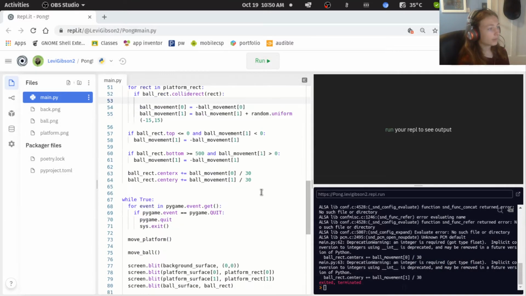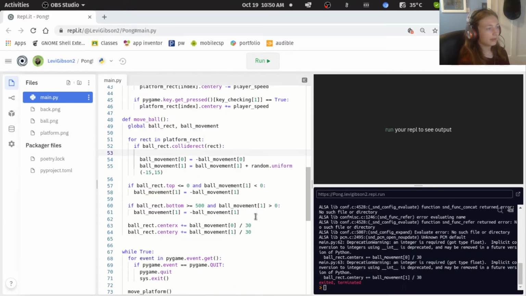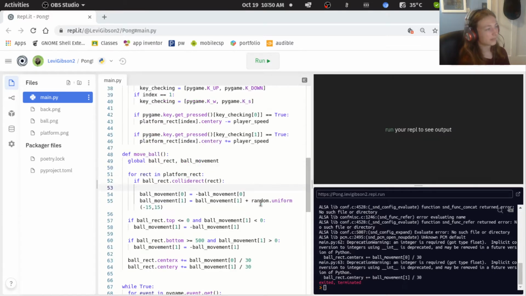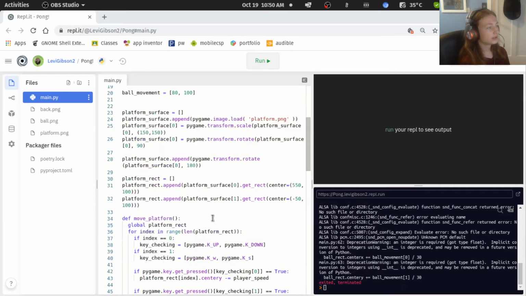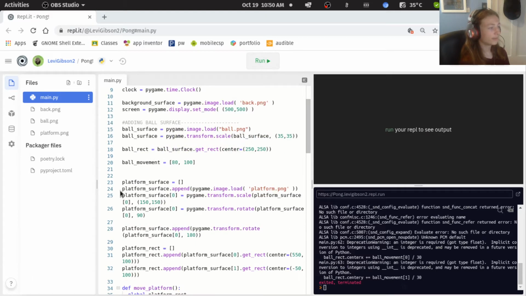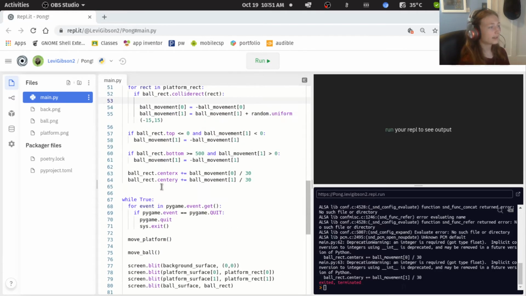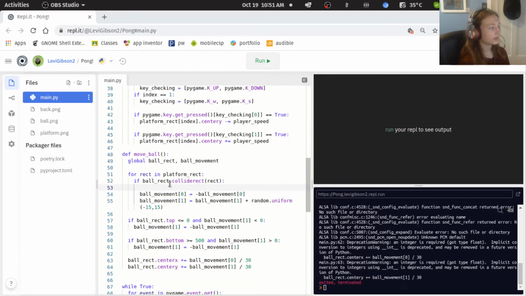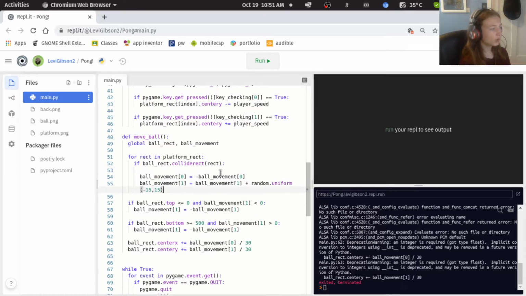So, which platform is which? I can't remember. Let's check up here to see which index is the platform on the left and which index is the platform on the right. Where do we declare platforms? Okay, it looks like index 0 with 1 is on the right. So that's kind of confusing. Where is move ball? Okay, so we want to say